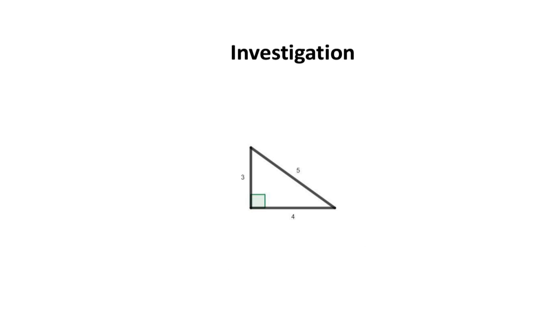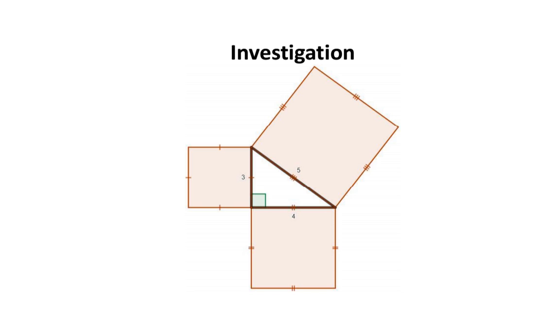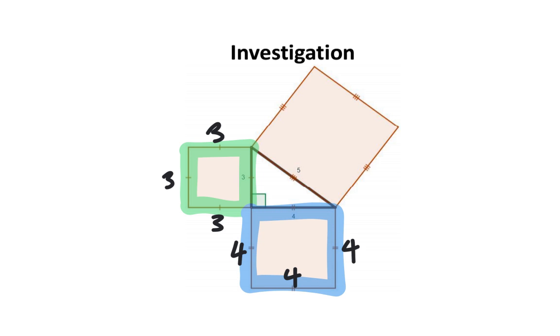Take a close look at this right triangle. The hypotenuse is 5 units long, while this leg is 3 units long, and this leg is 4 units long. Could there be a relationship between the sides of a right triangle? I've gone ahead and drawn a square on each side of this right triangle. This square has side lengths of 3, this square has side lengths of 4, and this square has side lengths